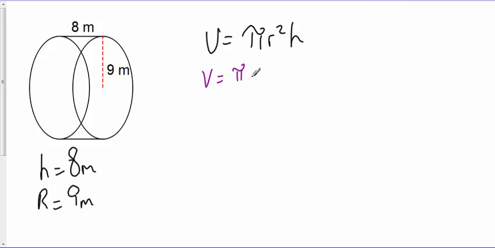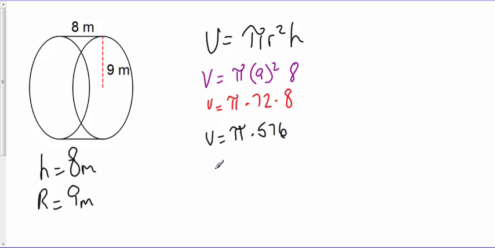Volume equals pi, radius is 9, so 9 squared times 8. Volume equals pi times 72 times 8. Well, you can use your calculator to do 72 times 8 equals 576. So we know that the volume equals pi times 576, or we can say that the volume is 576 pi